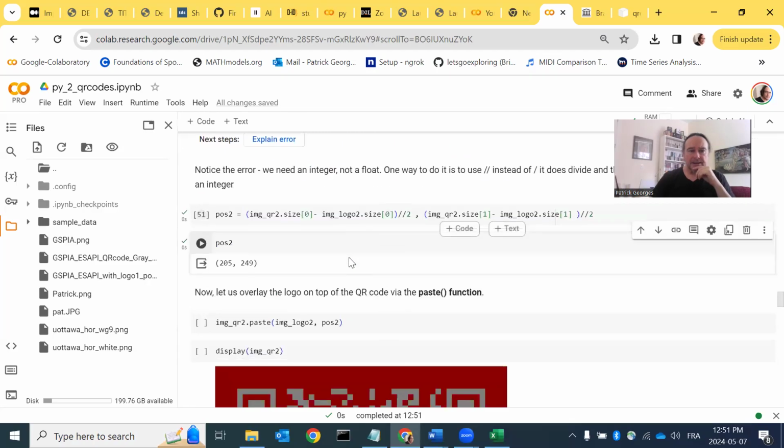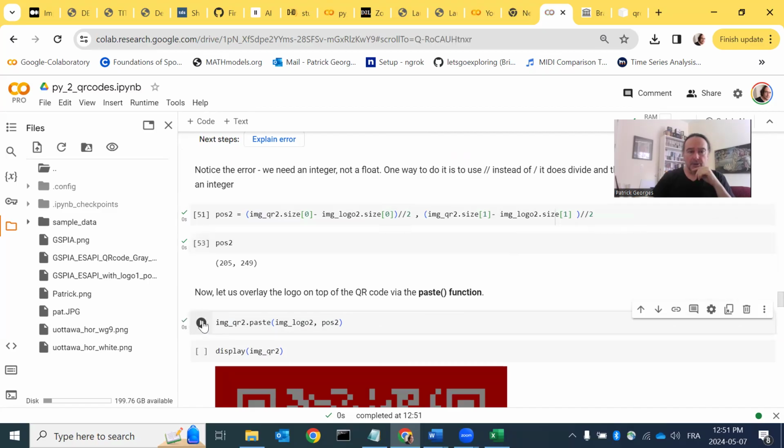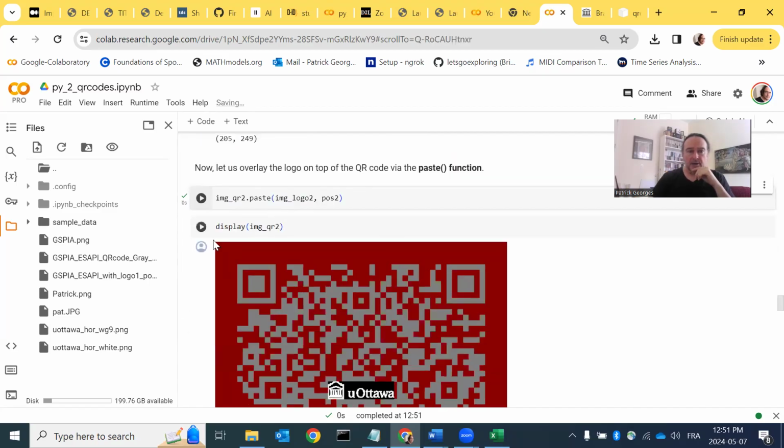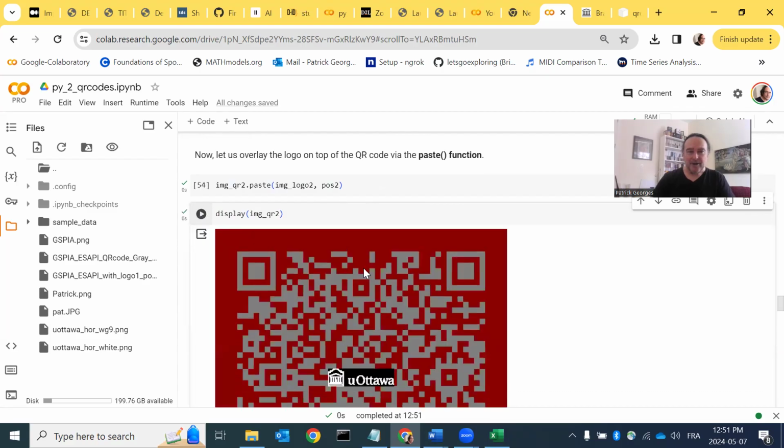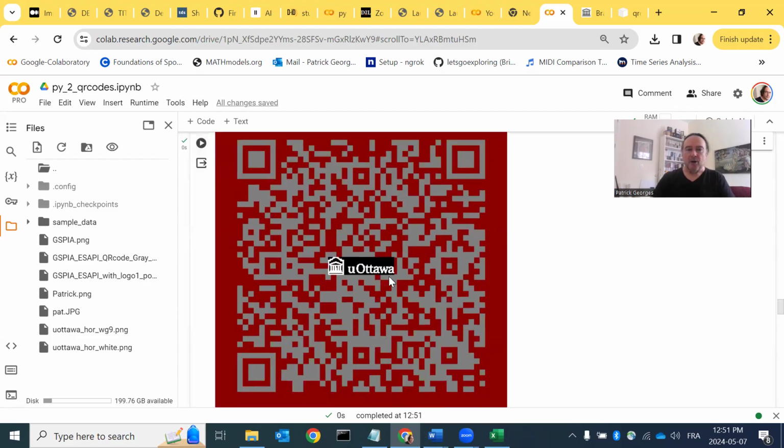And you can pass that logo onto the QR code at position 2. Okay, let me do that. And normally, when you run it the first time, you will not see the picture below, so I'm going to display it. And now you have the logo of the University of Ottawa in the center of